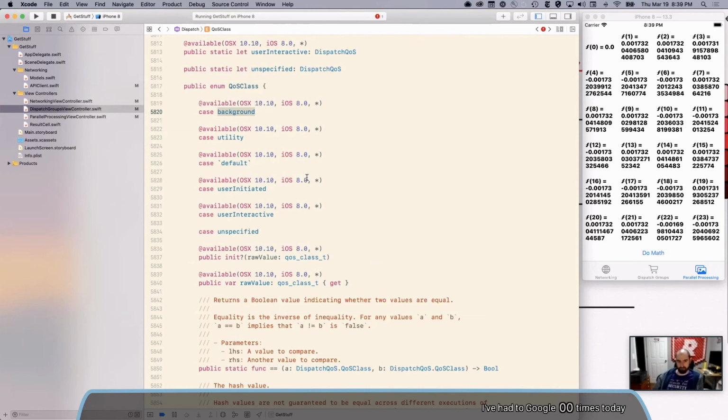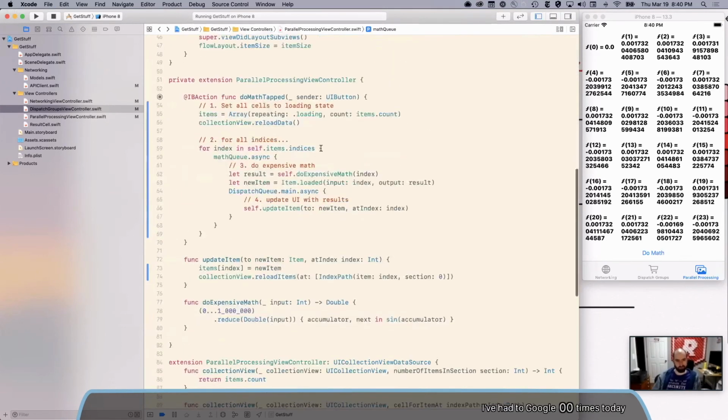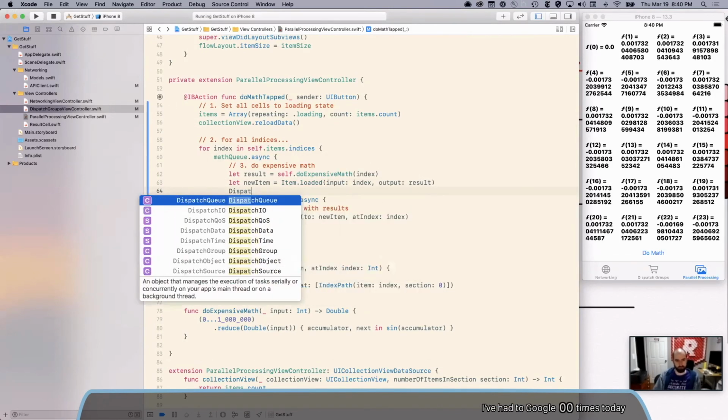And this stuff happens by the microsecond. CPUs will ramp up their clock speed and ramp it down in between keystrokes as you're typing. So there's some pretty advanced scheduling going on, and some of this QoS stuff is related to that. The latest advice I heard is that you almost never want to specify the QoS yourself. Instead, the system provides a couple of global queues. I made my own queue here, but so we did dispatch queue main. There's also dispatch queue dot.